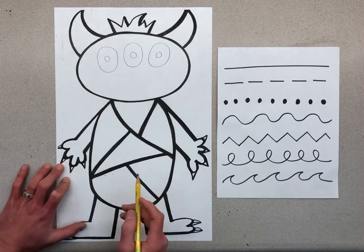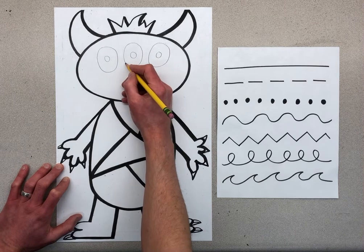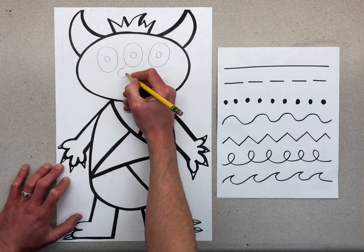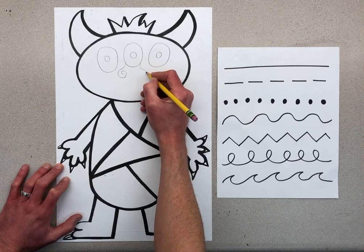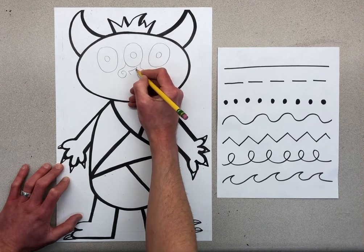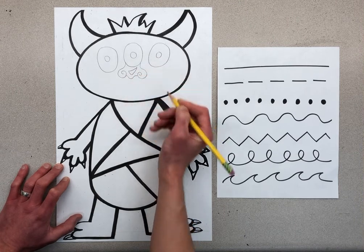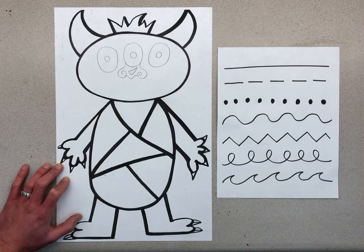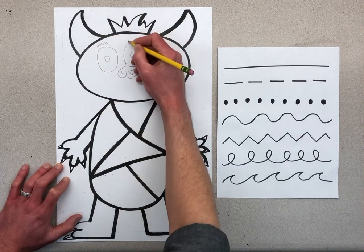And then you could make any kind of nose you want. I think I'm gonna do like a fun spiral shape. I'm gonna do another spiral shape. And I'm gonna put a little triangle on his nose like he's got a horn or something. I'll just put a bottom to his nose. And then if you do want to do some eyebrows for him,